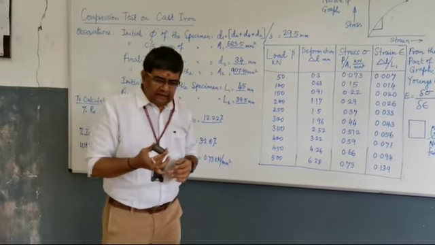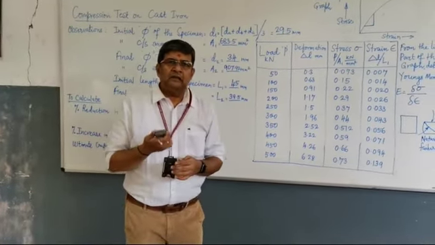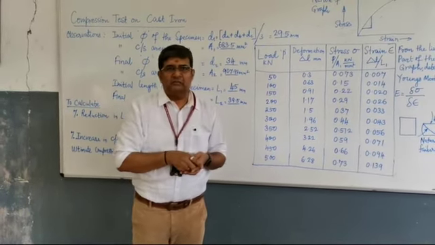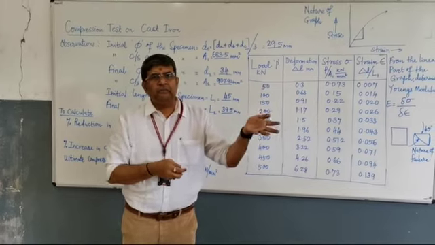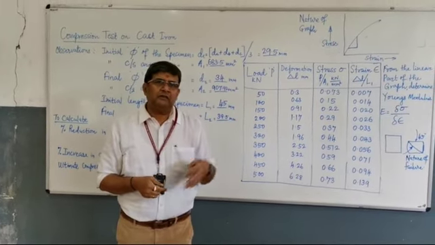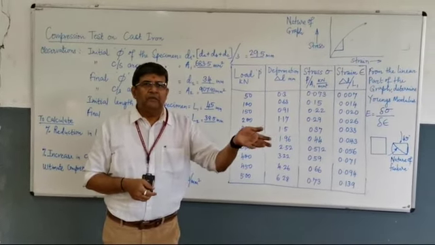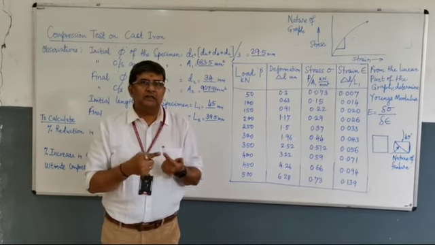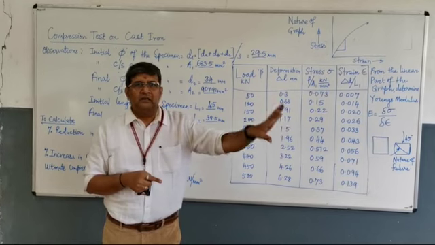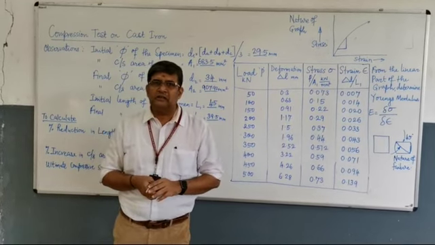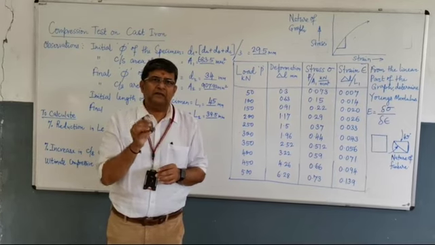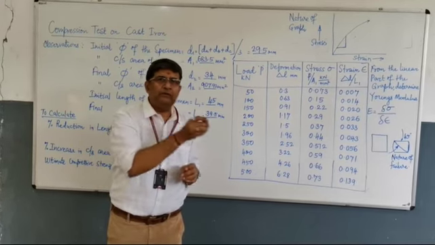You can conduct a compressive test both on a compressive testing machine as well as a universal testing machine. As you are aware, we call it a UTM because a large number of tests can be conducted on this machine. You can conduct a tensile test, shear test, bending test and compressive test, everything. That is why it is called a universal testing machine. Today we will conduct this compressive test on cast iron on the UTM only.